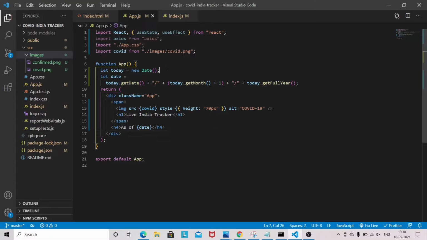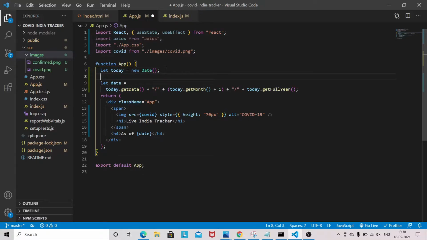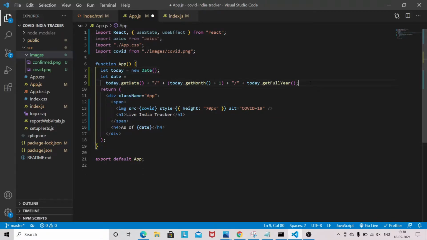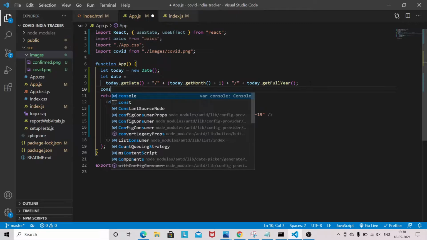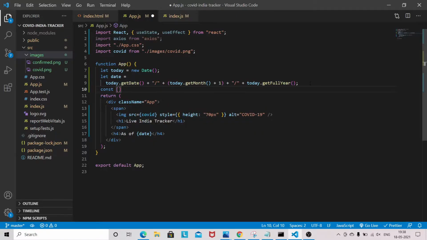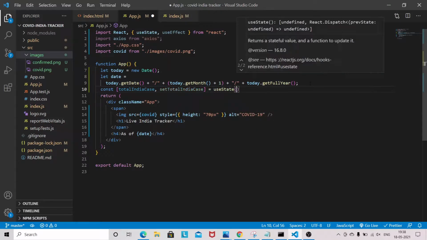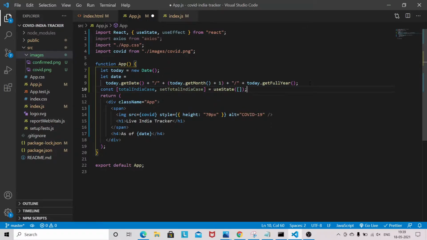Since in card we are basically displaying the total India case, okay, overall total India case. So const total India case, set total India case, and use state, okay.